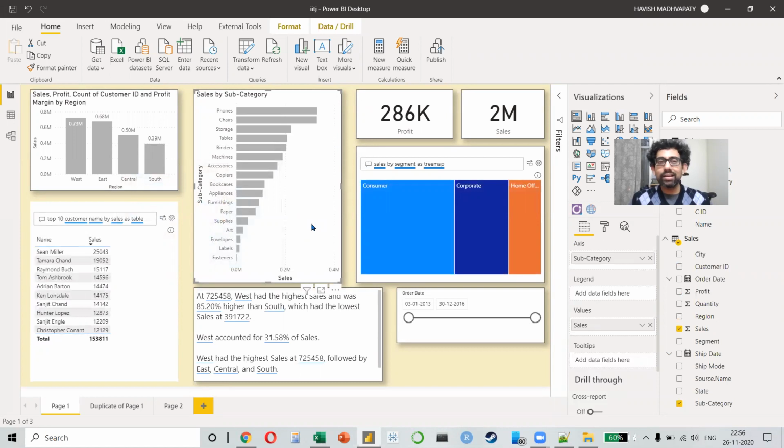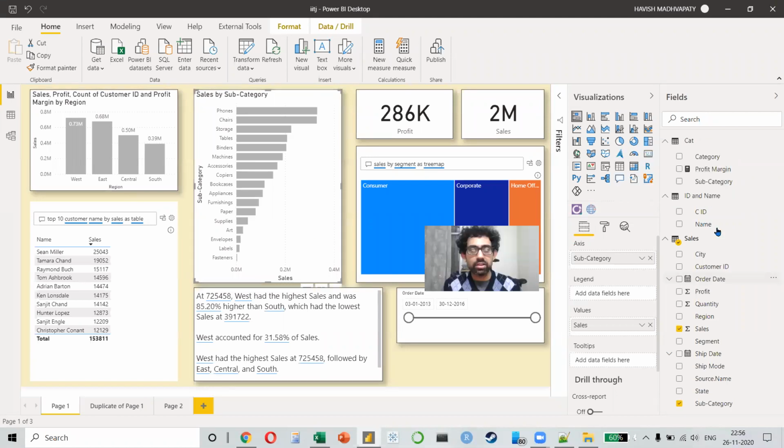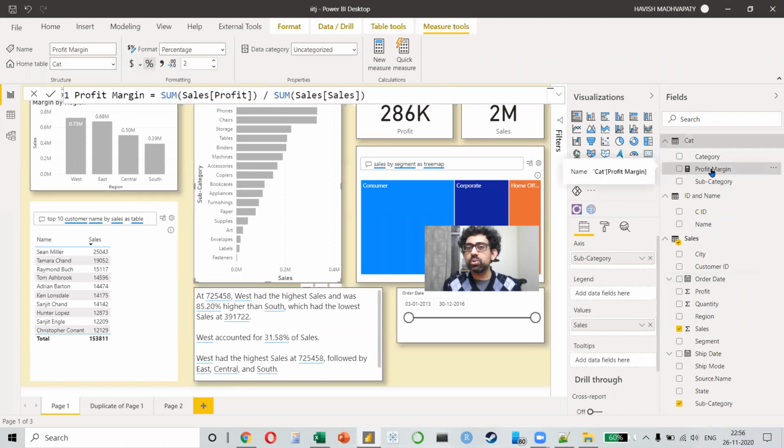So we've done quite a lot. I think we'll resume from here tomorrow. We will do a few more visualizations. I will also go deeper into DAX. Today, we just did one single DAX expression, which was profit margin. Tomorrow, I'll be showing you how we calculate things like month over month change. How do we find the sales from new customers, right? Things like that.